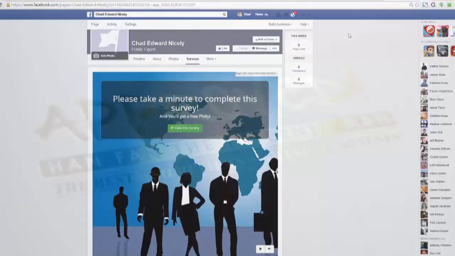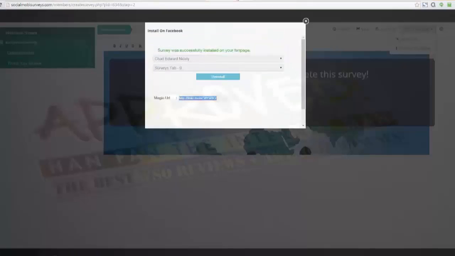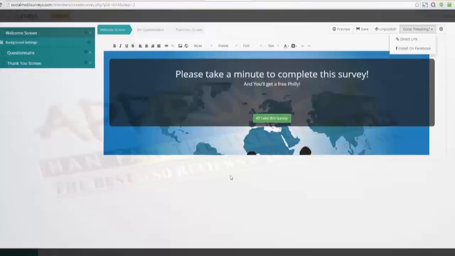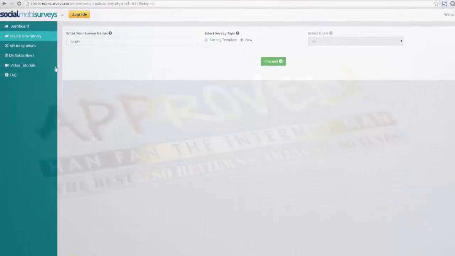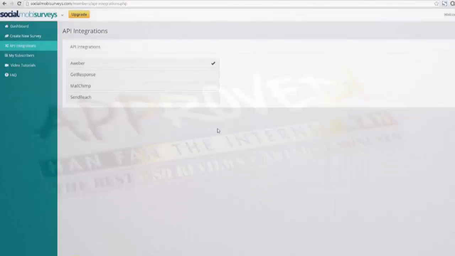You guys gotta love this, okay? Very powerful tool. And guess what? There's some other things here as well, okay? So I'm gonna go ahead and close this, and I'm gonna come over here and show you. We have it set up so that you can very easily integrate your autoresponder. You simply come over here, you click on the autoresponder of your choice, and it will automatically connect to your